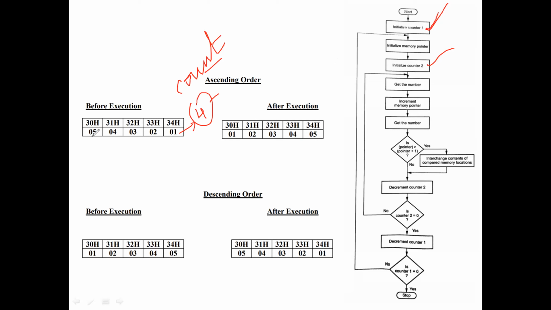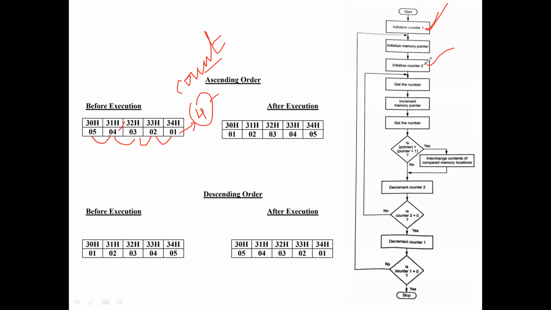One counter is for shifting this 5 through the 4 positions. Once 5 is pushed after comparing with all the values, that is 1 counter, and then for each and every remaining value, we will take another counter.